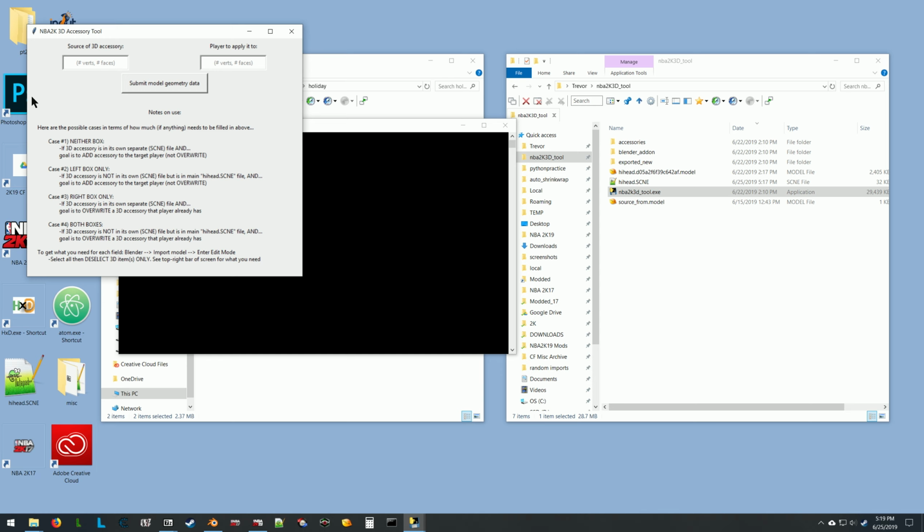add the 3D accessory in, because instead of a section length of 0 and having nothing to copy over and just replacing the section with nothing, it would replace with whatever it has for the 3D accessory. But I wanted to show this because this is the method to remove a 3D accessory. So this case number 3 is not limited to